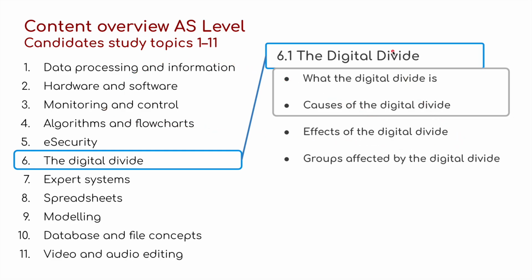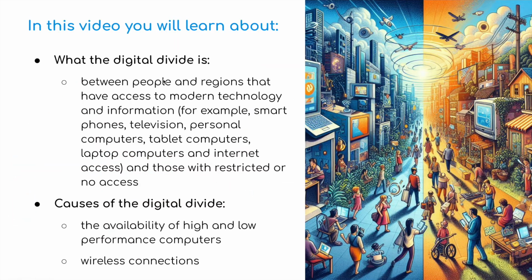I've broken it up into 4 parts: what the digital divide is, the causes of the digital divide, the effects of the digital divide, and groups affected by the digital divide. As you can see here, we've got 11 topics and we're currently on the middle one, digital divide. We're going to learn what the digital divide is between people and regions that have access to modern technology and information, for example smartphones, televisions, personal computers, tablet computers, laptop computers and internet access, and those with restricted